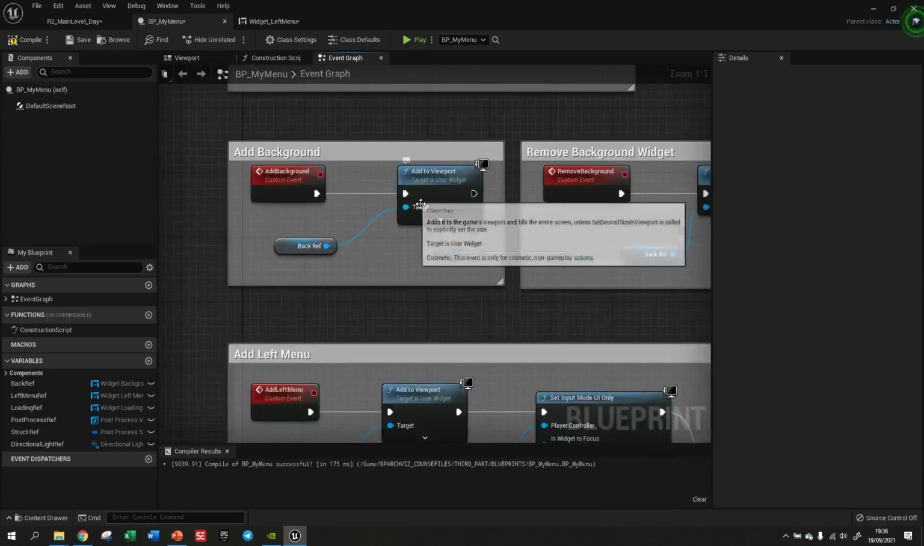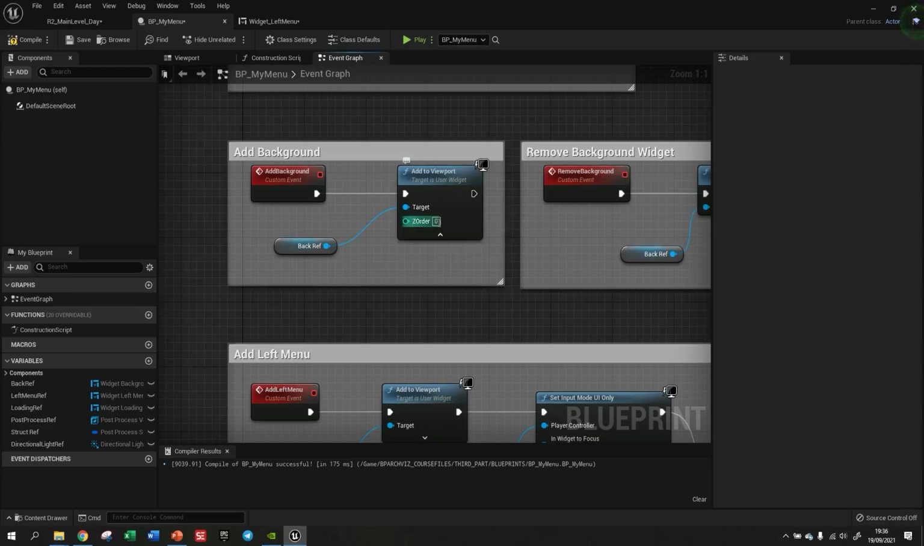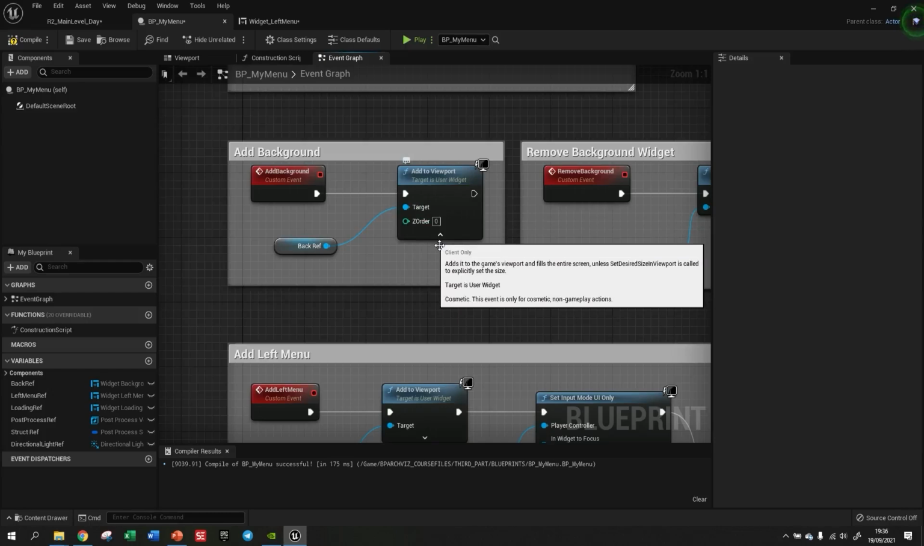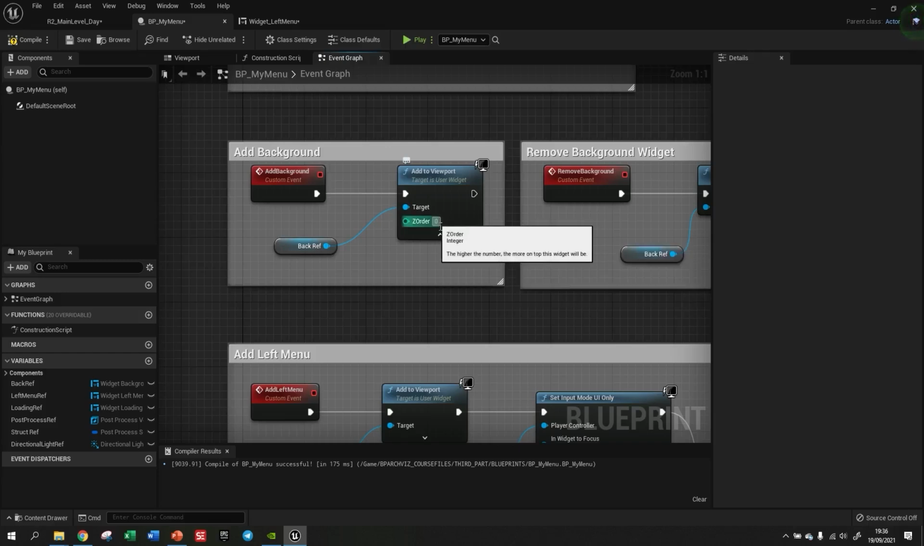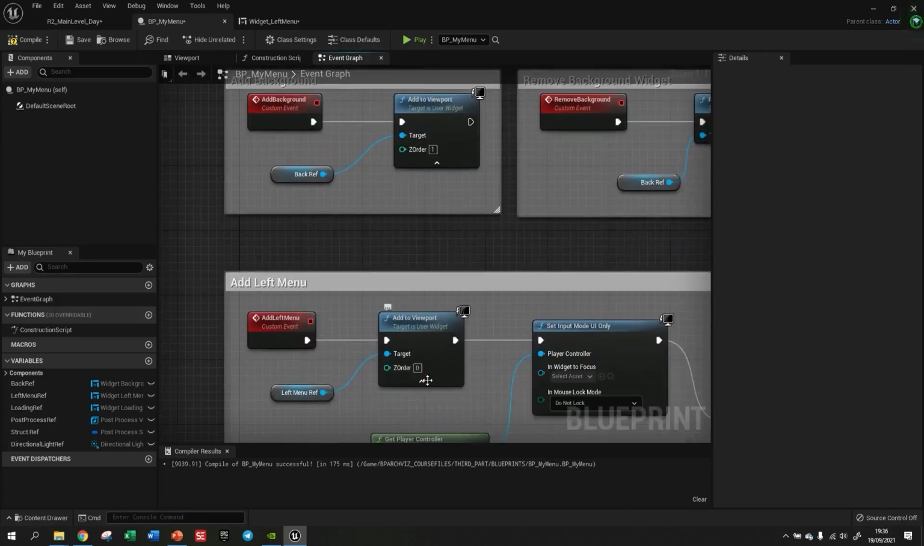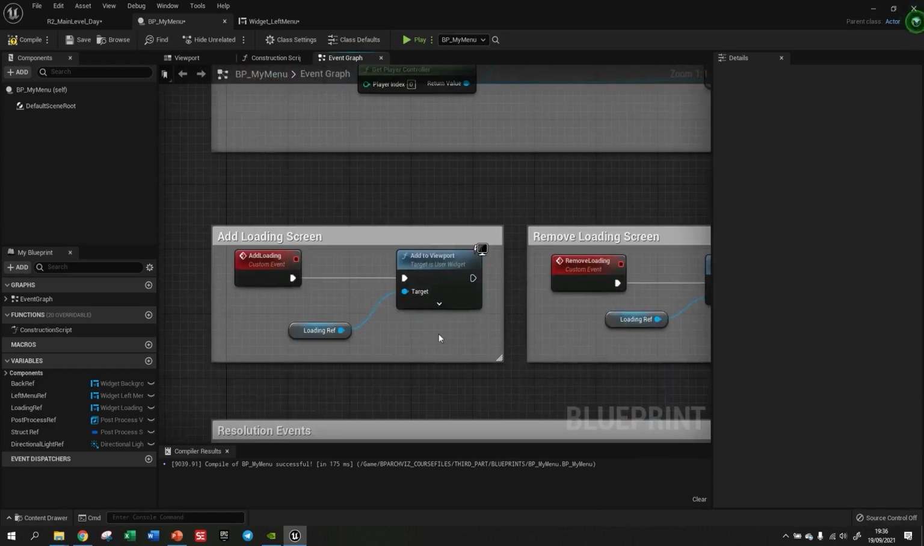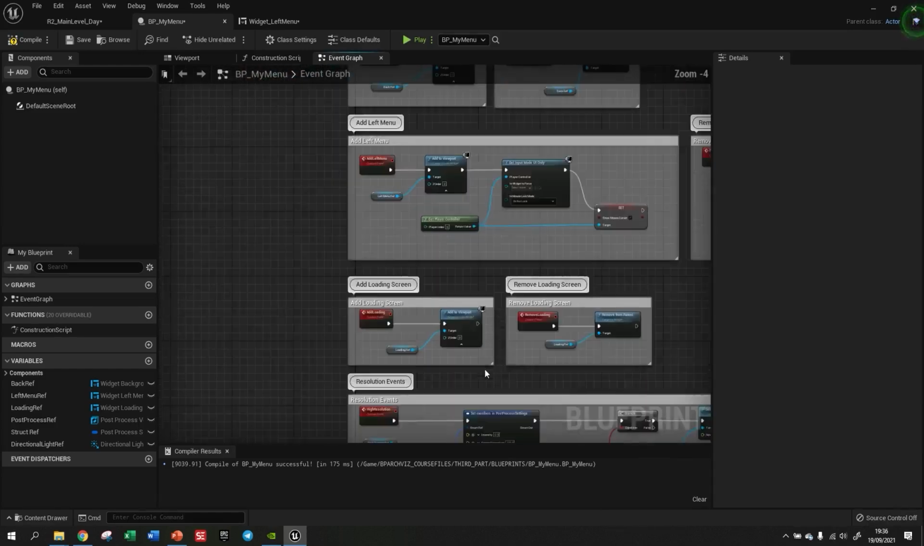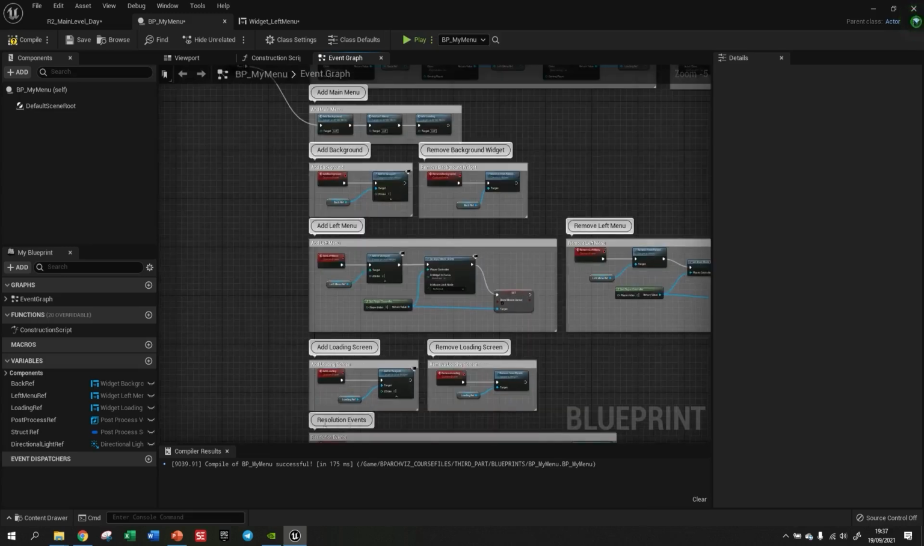Well, here in the Add to Viewport node, there's a field called Z order, which would be kind of like the order of layers in Photoshop, right? What's overlaid by another. Okay, so in order of importance and order of hierarchy. So the lower the number, the lower its importance. Okay, so I'll set the background as 1, and the left menu will be set to 2,